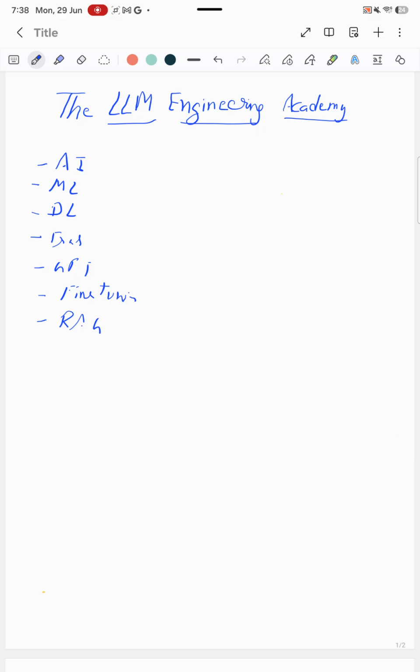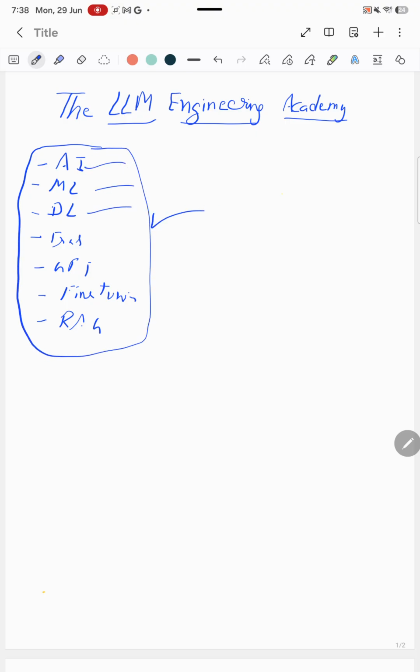I want to build your foundation. So before knowing all these, what AI, ML, DL are, I will build your foundation.